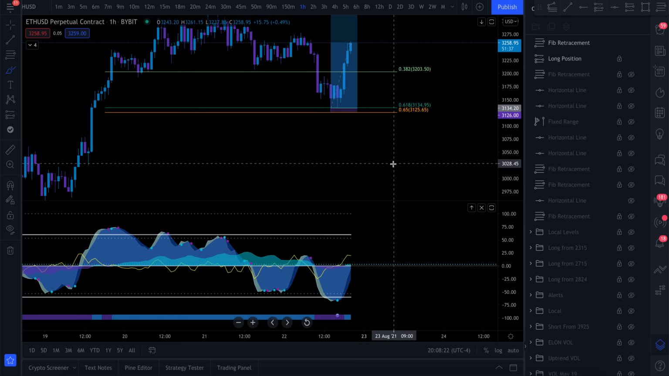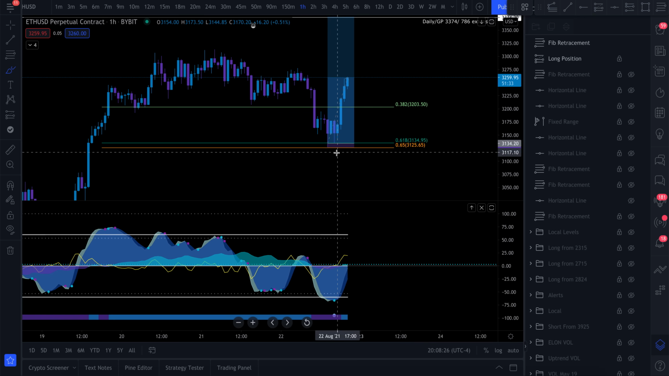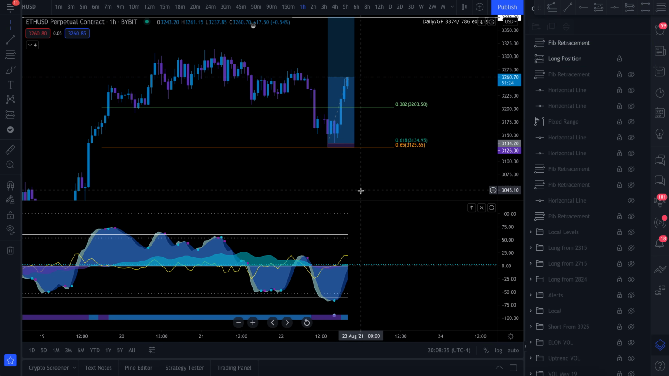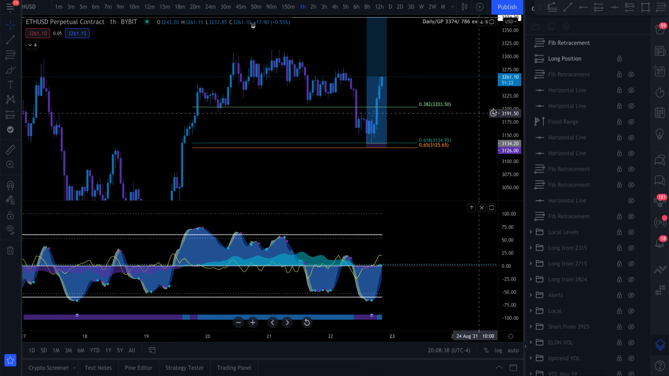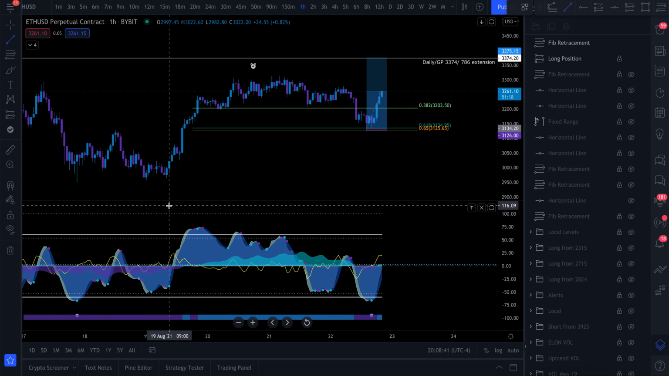If you see the hidden divergence and the regular divergence lining up in this golden pocket, I would always take that trade. There would never be a day where I would not take that trade, because that is the kind of trade where you are pretty much, I wouldn't say guaranteed, because nothing is guaranteed, but